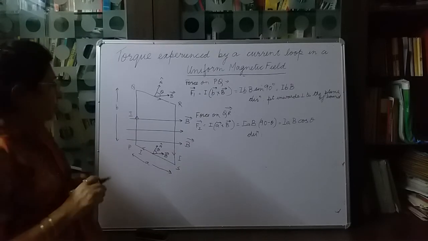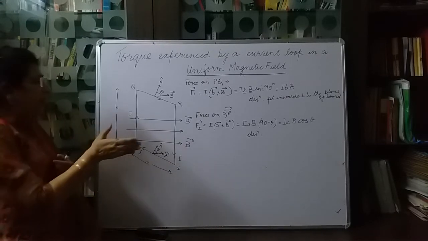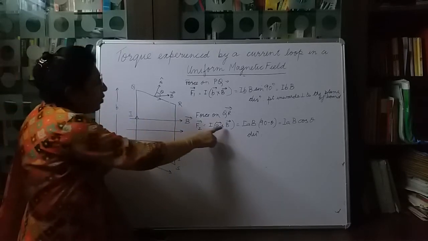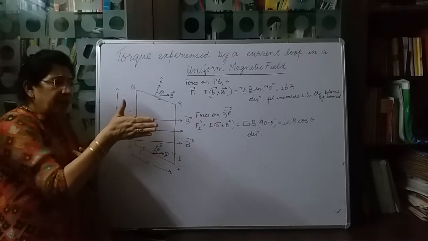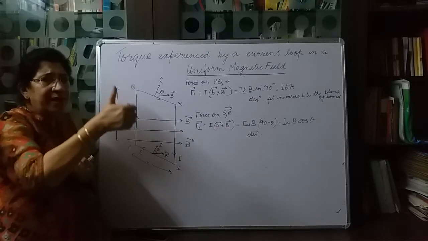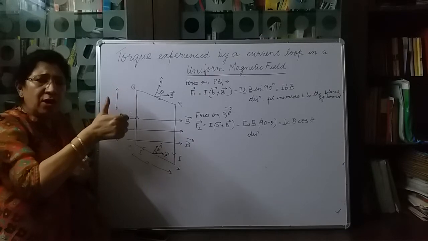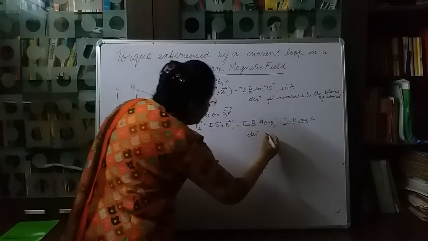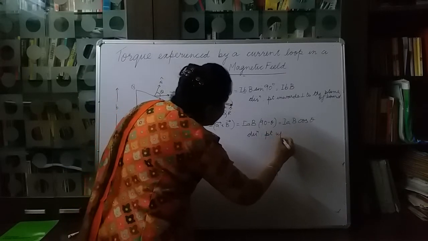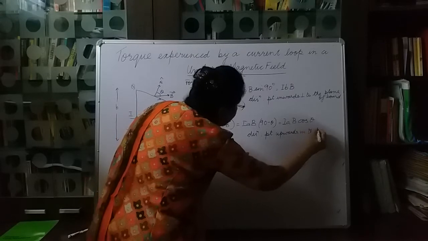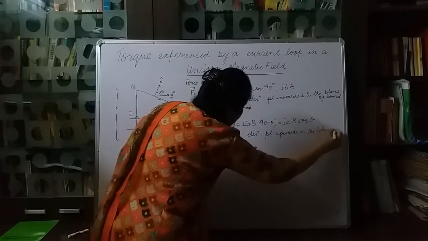The direction is given by right hand rule, which we use for finding the cross product of two vectors. The right hand rule, here the palm should move from first vector to the second vector, a to B, and you can see the thumb is pointing upwards and in the plane of the board. So the direction of the force is pointing upwards in the plane of board.